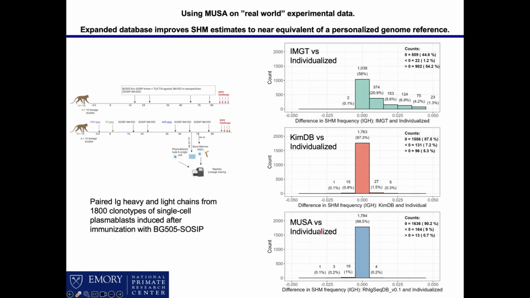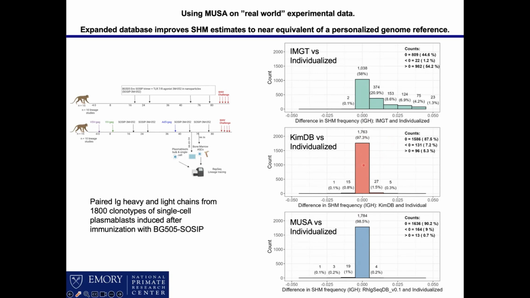And what we found was that essentially as you would predict, the individualized database had the most modest number of mutations. And if we compared the number of sequence differences we were seeing in our recovered data when we used either IMGT, an individualized database, KimDB, or our new MUSA, and what we're computing here is the difference. We are seeing that most of the time, in using IMGT as a starting reference, you actually had very few. You had only close to 60% that actually had an exact match. In suggesting how close the starting database was.